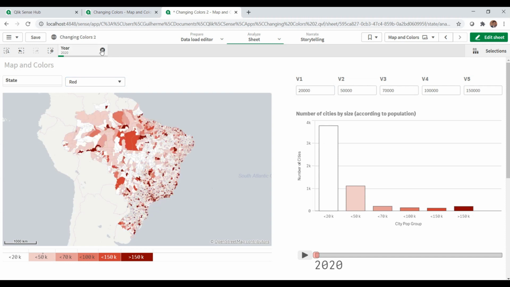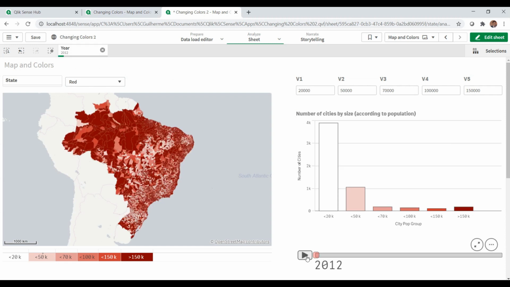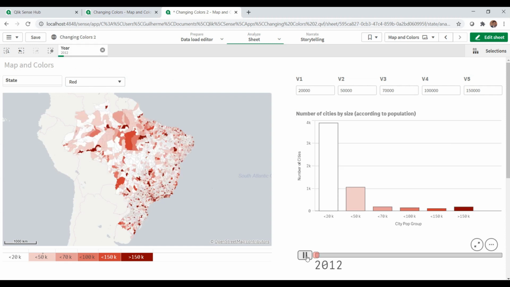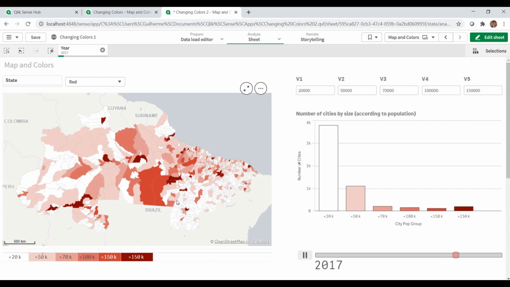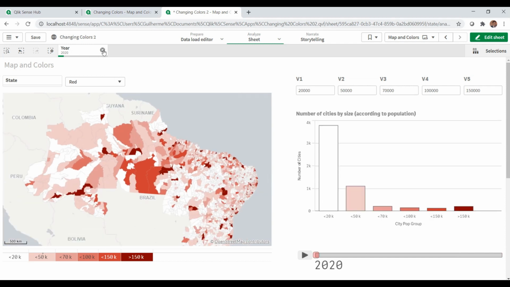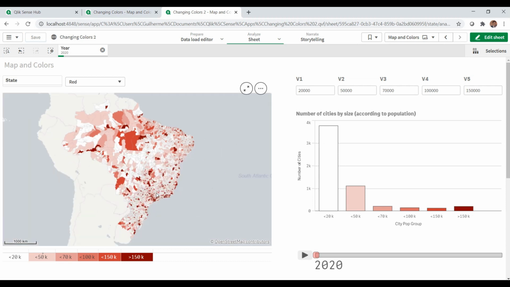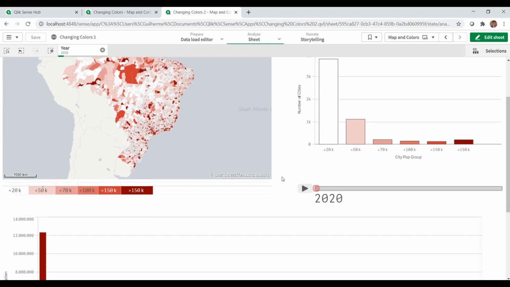And if I just play here using the animation, this is very nice to see when we have impactful data. In this case it's not so well set, but when you analyze sales or the production of some inputs,